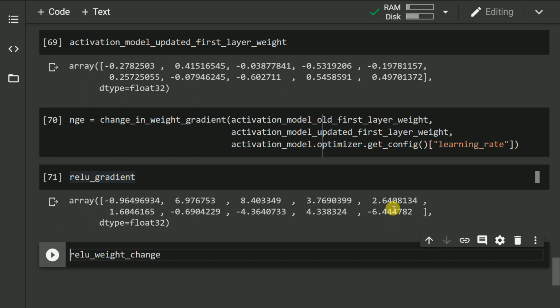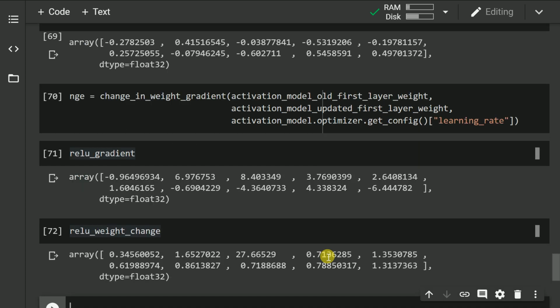This is not the sure shot solution. You have ResNet architectures which have emerged with time, which I'll cover in the next videos. But by just changing the activation functions, you can see the drastic change in the gradients that have populated in this output cell. And if I also catch hold of the overall weight change that has happened, then that would still be a very significant number. So you have a weight change of 27%, 1.65%, 1.35%, 0.71%, which is a very significant change considering this is the first layer of the model that I have. So this was my attempt in explaining how vanishing gradient problem occurs because of activation functions like sigmoid or tanh.